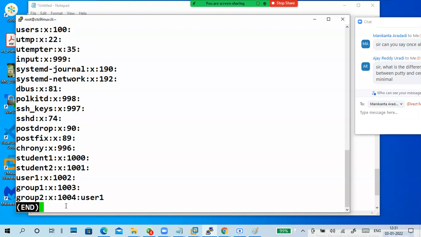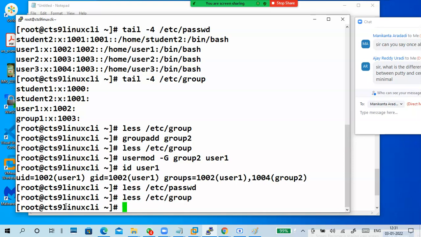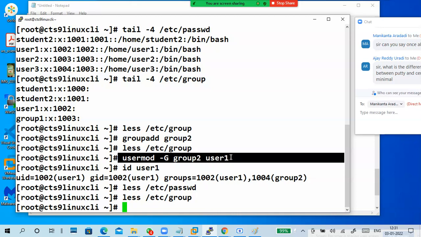Understand which one is the primary group, which one is the secondary group? Don't worry guys, I will tell it again. Now look here, user1 is added to group2 using this command.